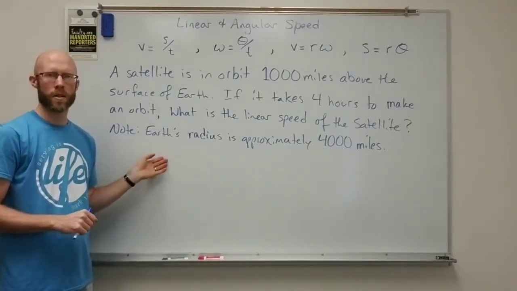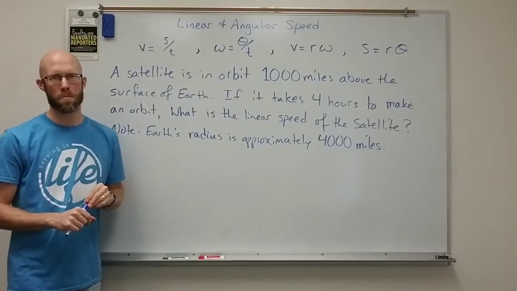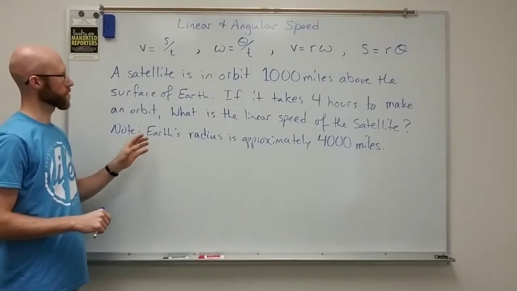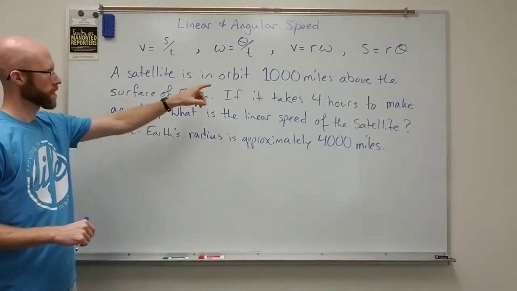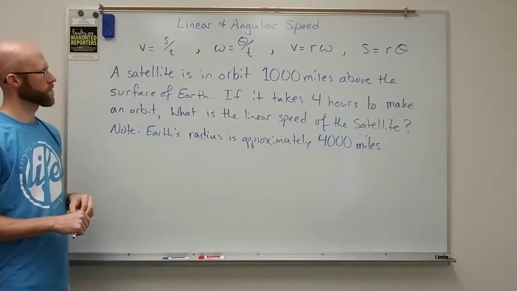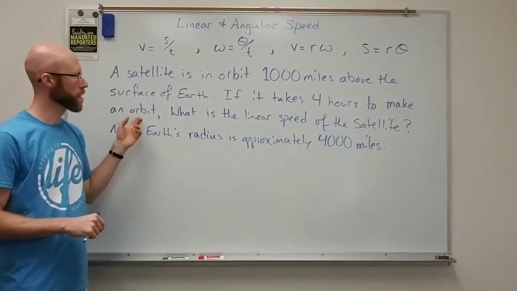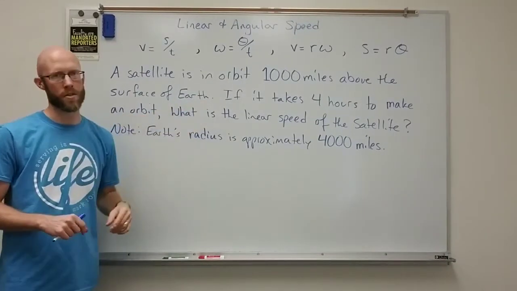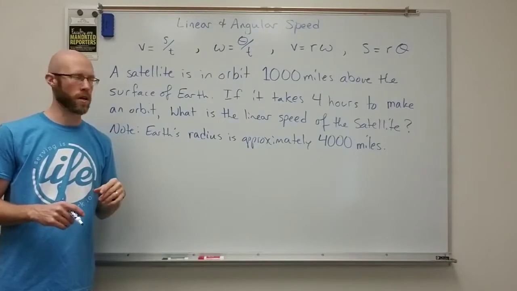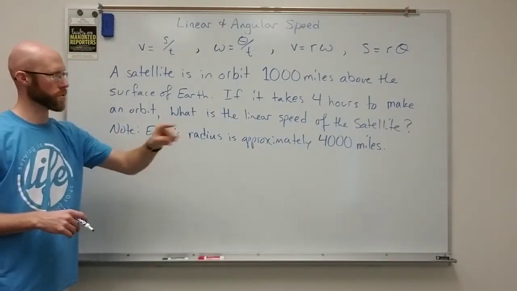And so here's a nice application to the angular and linear speed idea. So I've got a satellite here that's in orbit 1,000 miles above the Earth's surface. If it takes 4 hours to make an orbit, what is the linear speed of the satellite? Okay, so there's an extra side note, something that's needed here is that the radius of the Earth is approximately